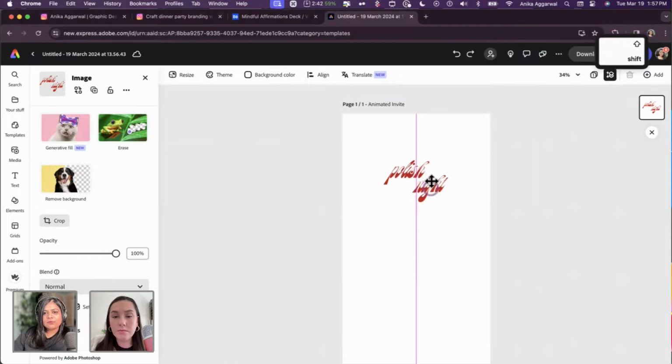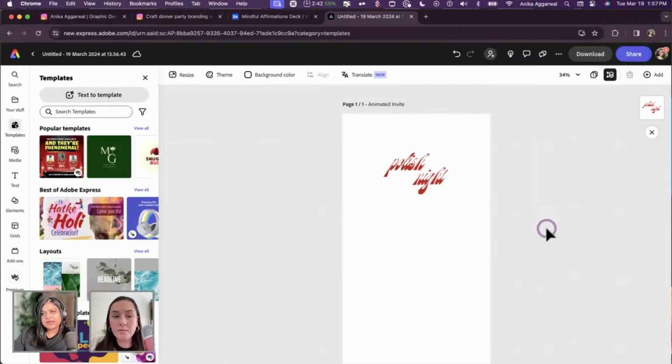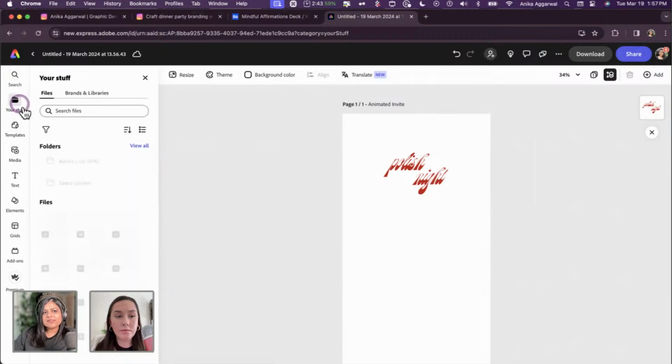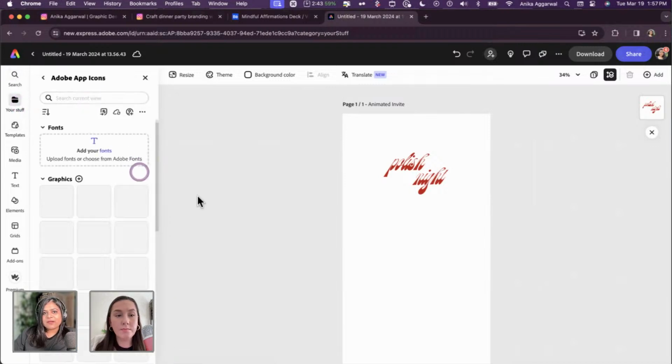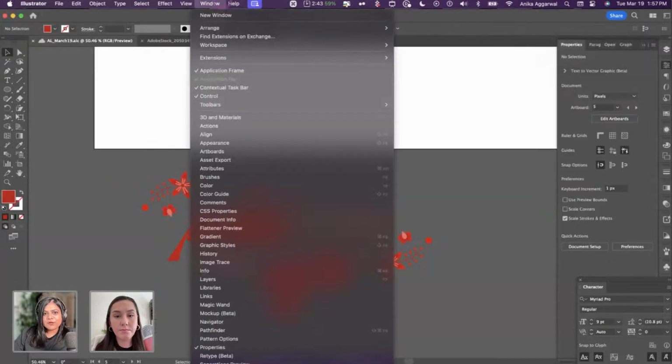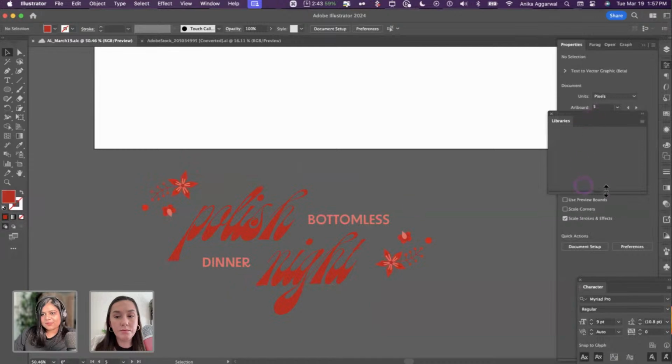But if this is your final project, since I'm just showcasing the techniques here, I'm not going to bog down on the details, but you can actually scale it up. You can also use your Creative Cloud libraries. So you can create a brand library right here that I can actually show. So you go to Windows, you go to libraries, which is right over here. And let me see.